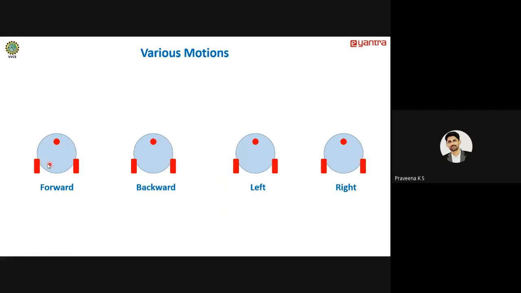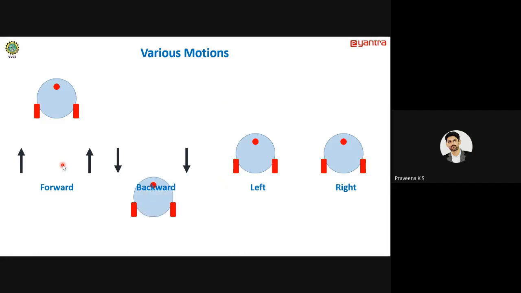Based on the movement of the left wheel as well as the right wheel, we can define its direction, that is, in which direction our robot is moving. So we shall see, with reference to these two wheels, the different directions or motions. When shall we say a robot is in forward mode? When both the wheels are moving in the same direction, the forward direction, then my robot is moving in the forward direction. When both the wheels are moving in the backward direction, then my robot is moving in the backward direction.